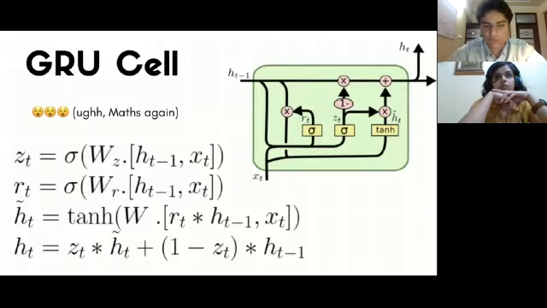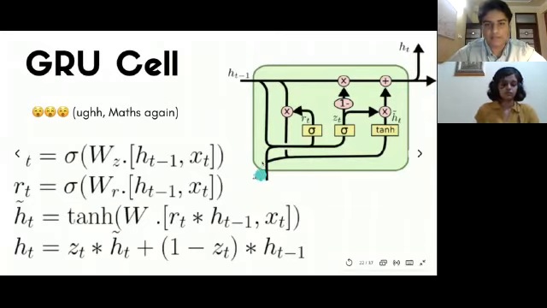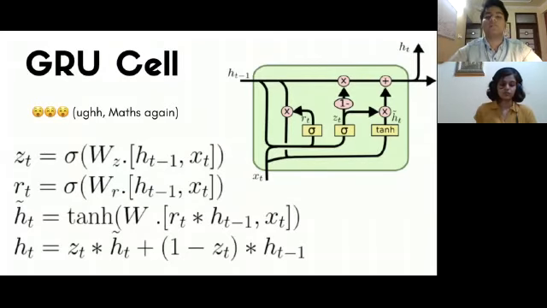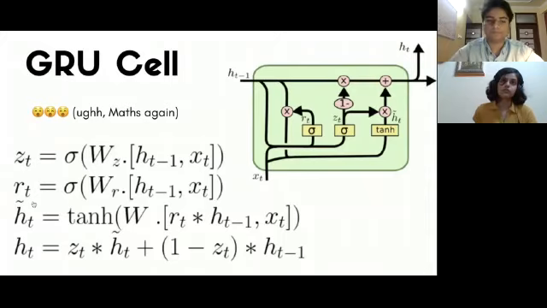And very, very similar to this is the reset gate rt. We again take the same two values, ht minus 1, xt, concatenate the two, this time multiply it by a separate weight matrix, wr, and then we pass it through a sigmoid. Once again, the sigmoid gives us a value between 0 and 1, and that value tells us how much of the memory that we've held on to so far, how much of the hidden state should be retained and remembered, and how much should be discarded or done away with. So it's sort of like a trash mechanism where we remove the useless stuff and only retain the important stuff. That is the purpose of the reset gate, and that's the value rt. This will also be between 0 and 1.